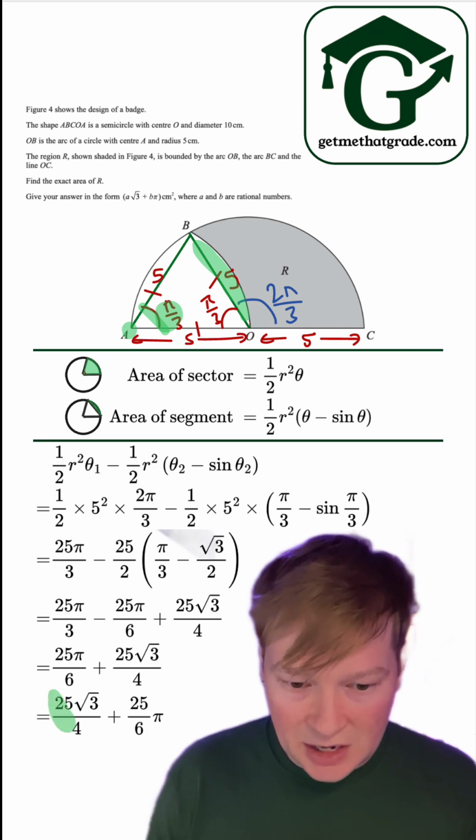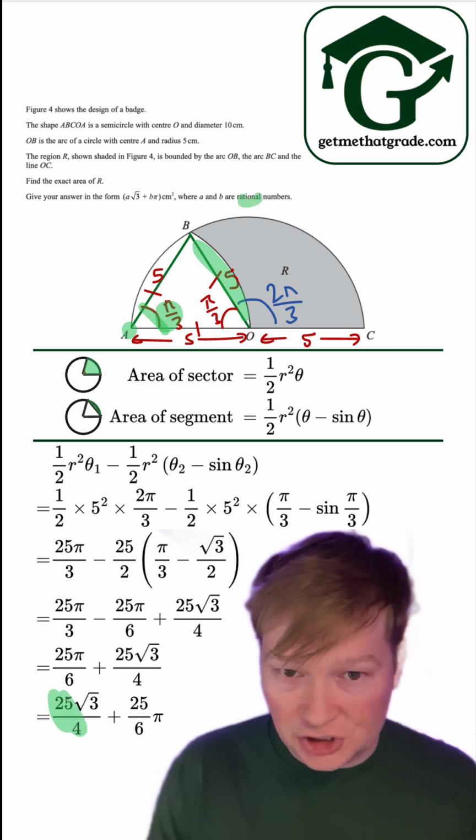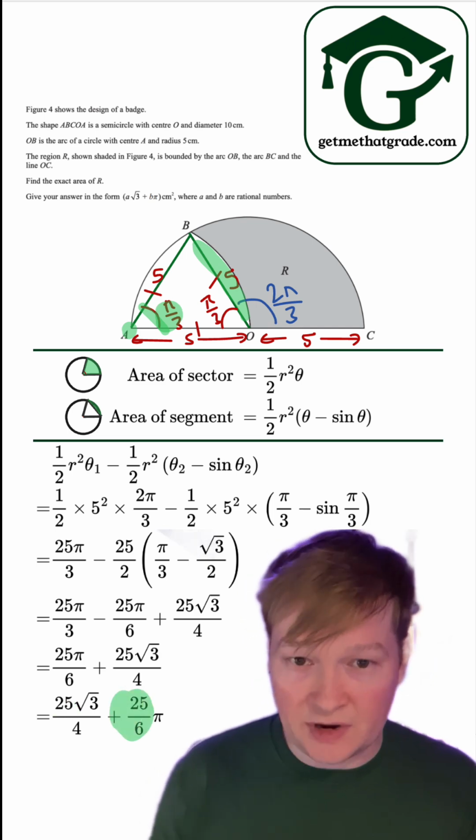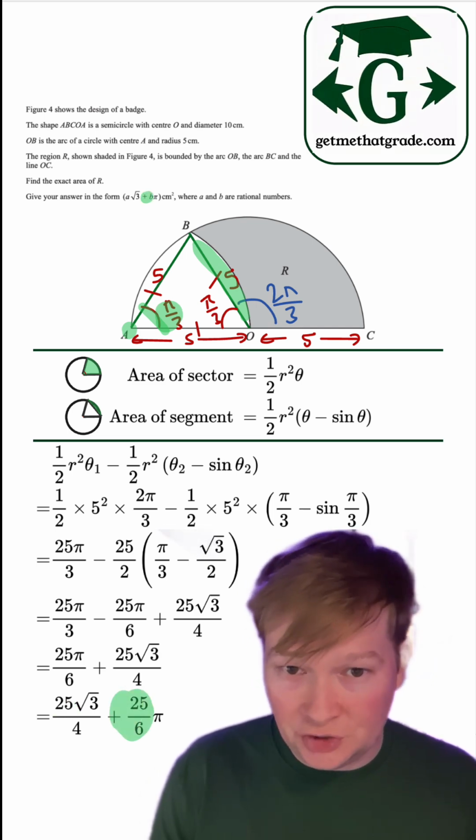So this is our value of A, that's our rational number A, our fraction A, and this number here, 25 over 6, is our rational number, our fraction